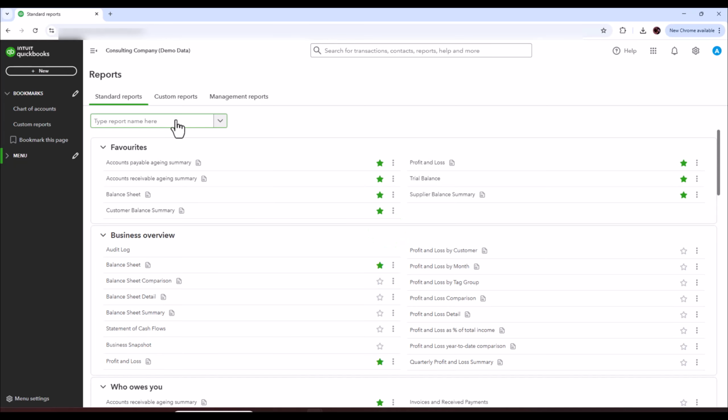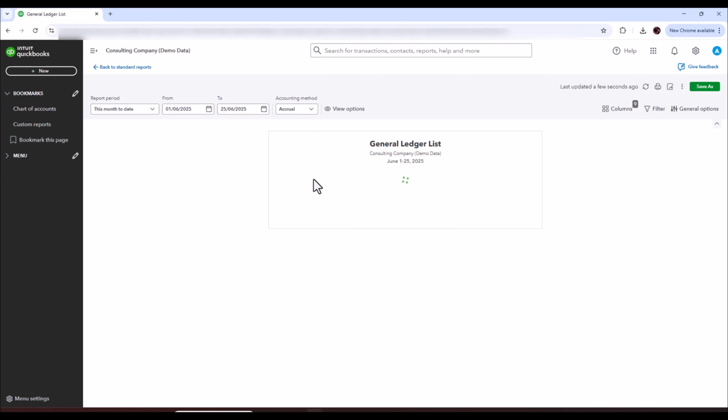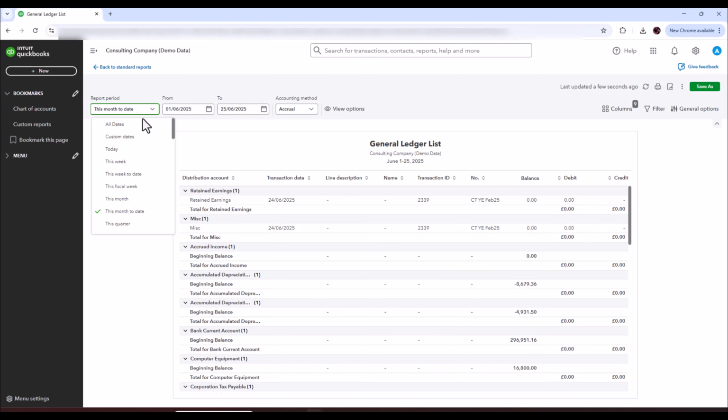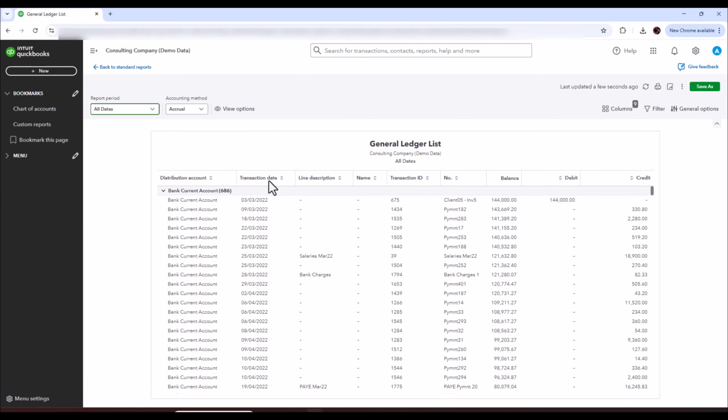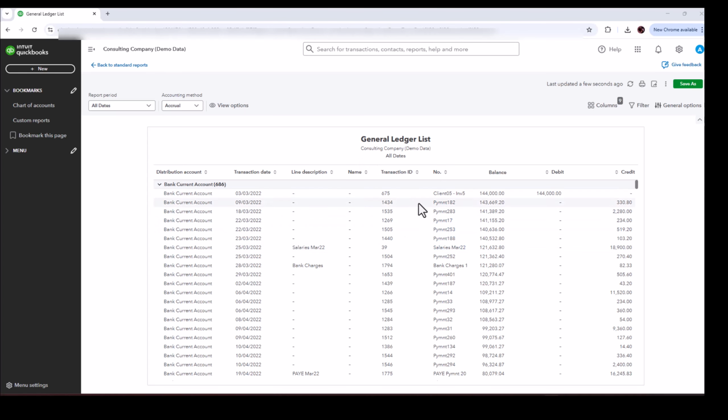There is also its friend, general ledger list. And again, let's choose all dates. And at first glance, this looks more promising, because here we have the transaction ID numbers, which are gold. They will enable us to match this part of the transaction, the debit part, with the corresponding credit or credits or combination of both, which is fantastic. But unfortunately, when we send it to Excel, the way it looks in Excel,